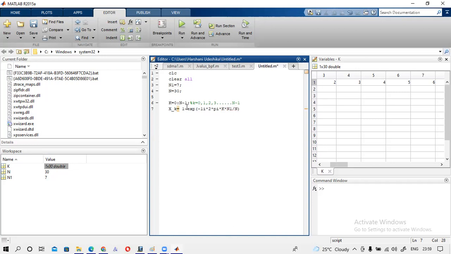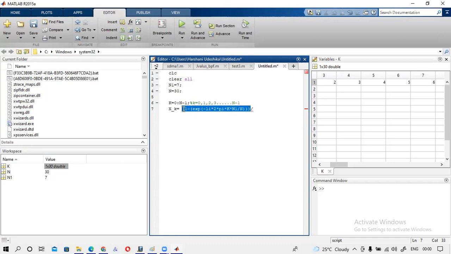I will put another bracket here, and because there is a division, I will put a bracket for this total value also. So it should be divided by